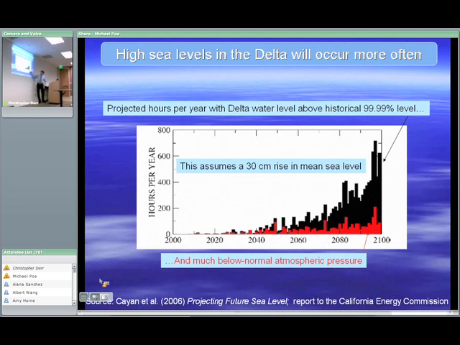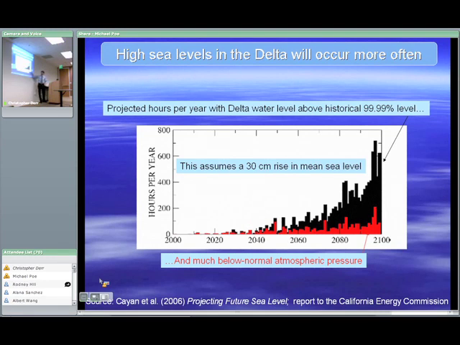This is actually interesting. The red curve is interesting. And the point of the red curve is that water levels in the delta, remember, the delta is an estuary, so sea level is one influencing factor, and river input is another influencing factor. And what happens is you can get a double whammy. If there's stormy weather, sea level tends to rise. But you also tend to get a lot of precipitation, and quickly that precipitation turns into river flow. So you get higher sea levels tending to cause water levels to go up in the delta, and you also get enhanced river input. So you get increased input from both directions coming into the delta.